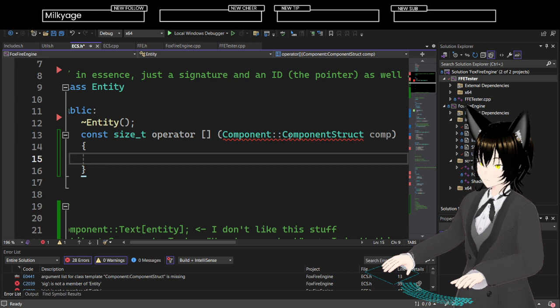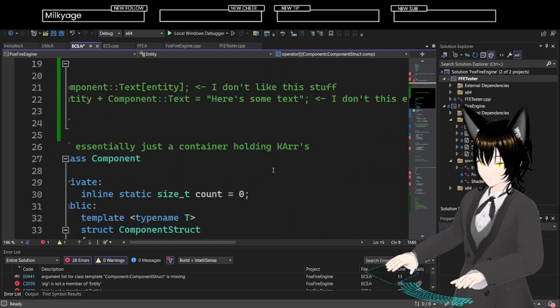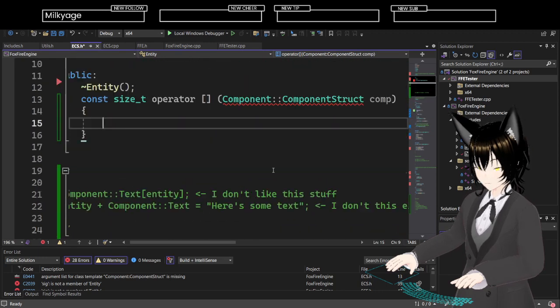Argument list for class template component struct is missing. Oof. Yeah, because it needs to be templated.